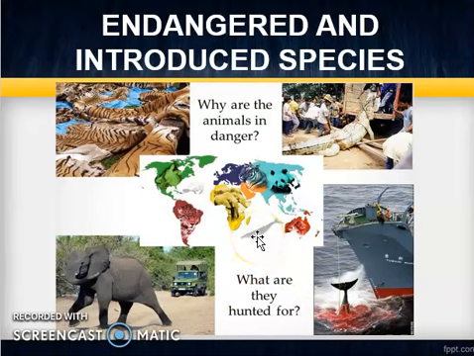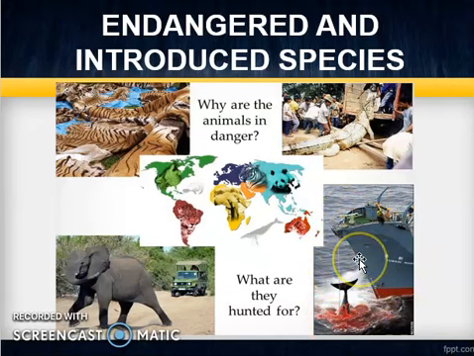So humans hunt these animals for their needs. Based on this figure, for example, this tiger is hunted due to its body parts being used for traditional medicinal purposes. Another example is what happened in Japan, where fishermen hunt whales and use whale as their food source. These are the two main reasons